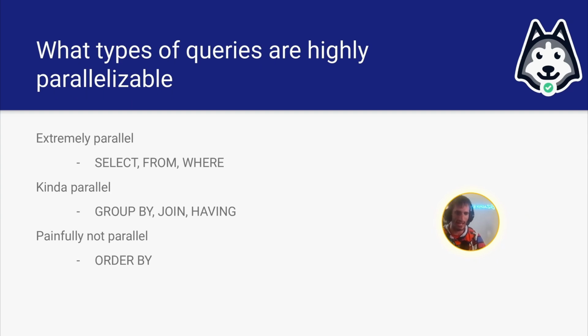And then let's talk about the last one here in distributed compute, which you should almost never use: order by. Order by is the most painful and least parallelizable keyword in SQL. And here's why. I'm talking about order by at the end of the query, not order by in a window function. Order by in a window function is a little different, and we'll talk about that in a second. But if you have order by at the end of a query,